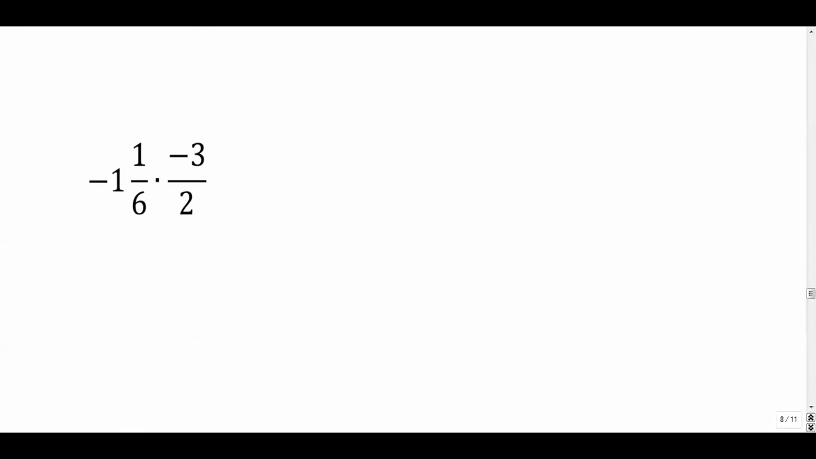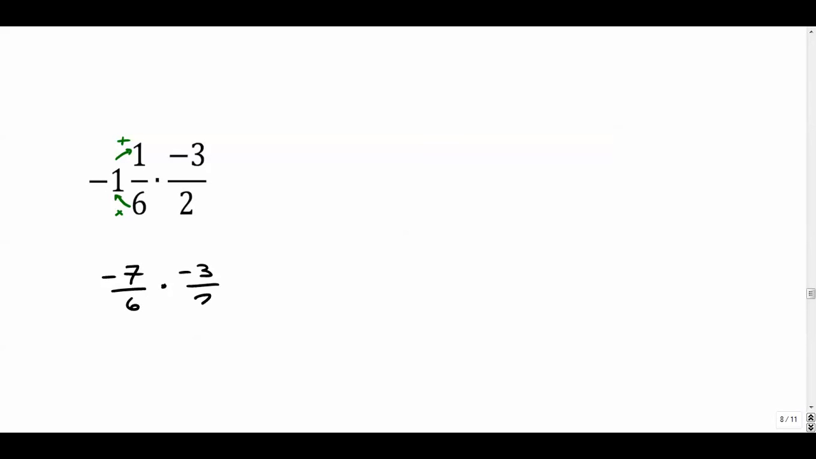Moving on to multiplication, we've got ourselves a mixed number times an improper fraction. First, let's change this mixed number to improper. Remember, to do that, we multiply this times 1, and then we add it to this. So this one's -6 plus 1, which is actually, we're going to just call that 7, so -7/6